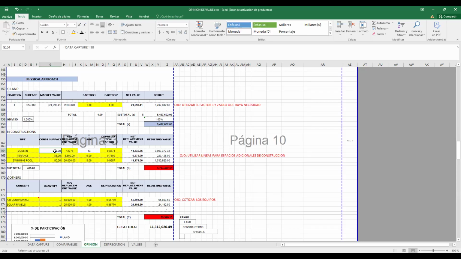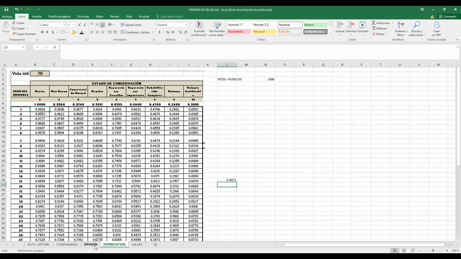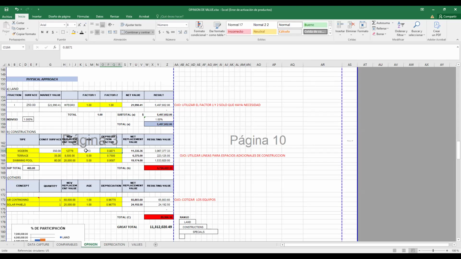With the surface, you also need to put the surface because it's already set in the data capture. Just put the new replacement value from the values and the depreciation. The depreciation you're going to find here from the age and the conservation status.